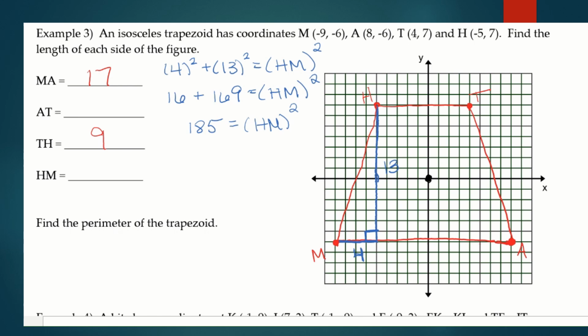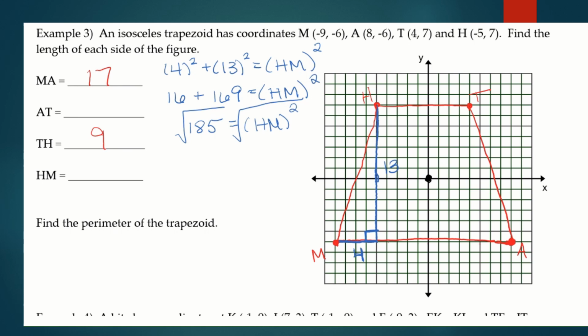So when we square root this, we are going to get some type of decimal. So here's what I want us to do. I'm going to have us round to the nearest tenth. All right, so go ahead, go to your calculator. For the square root, don't forget it's second and then that x squared key. Type in 185 and you should come up with, it looks like approximately, if I'm rounding to the nearest tenth,